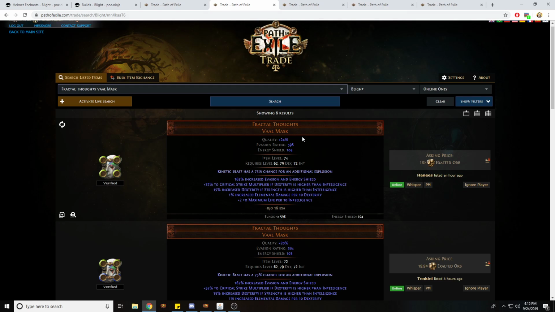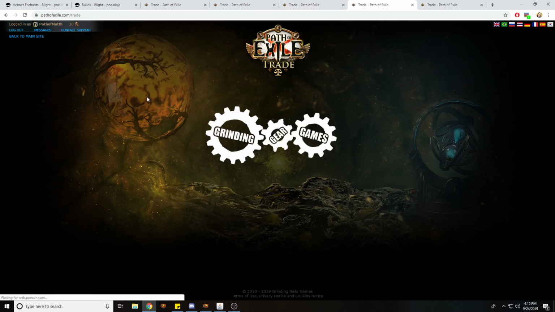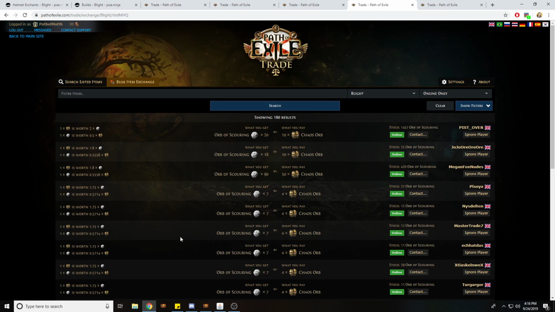And there are other things that you could also hit on a fractal that are maybe a little bit lesser, not quite as huge as the 3 I just showed, but still good profit. And like I said, since this isn't a T1 unique, you can also chance scour it if you have the patience to do that, and you'd make even more profit there, because the Trash to Treasure for 6.5x is pretty insane. Like if I was to look at how many scours I can get for an Exalt, wait, oh, this is a big meme. I guess nobody's doing that. Alright, let's look for Chaos then. I can get 2 scours for Chaos,